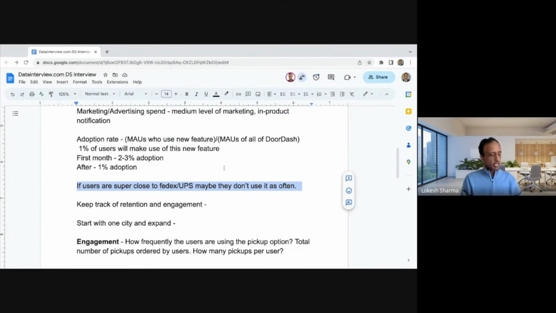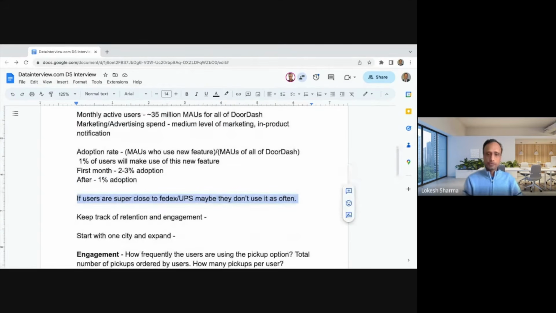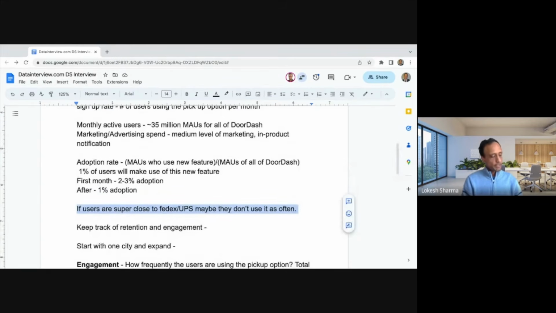Yeah, so in this case, I think the calculation will be, maybe we can pick a threshold, right? Like maybe 1 mile is a distance where people can maybe even walk or do a quick drive to return the package. They may not want to order Dasher because this is super close. So we can use that to exclude the number of users who may not use the option. The second factor in calculating the adoption would be the open hours for those locations.